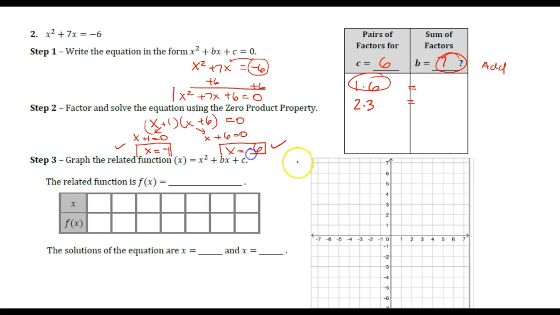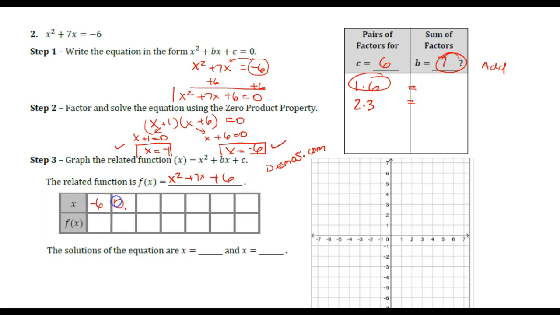We're going to use our graphing calculator or use Desmos.com to create a table of values for x squared plus 7x plus 6. So again, off screen, I'm going to use my graphing calculator to work that out. Alright, so my values were